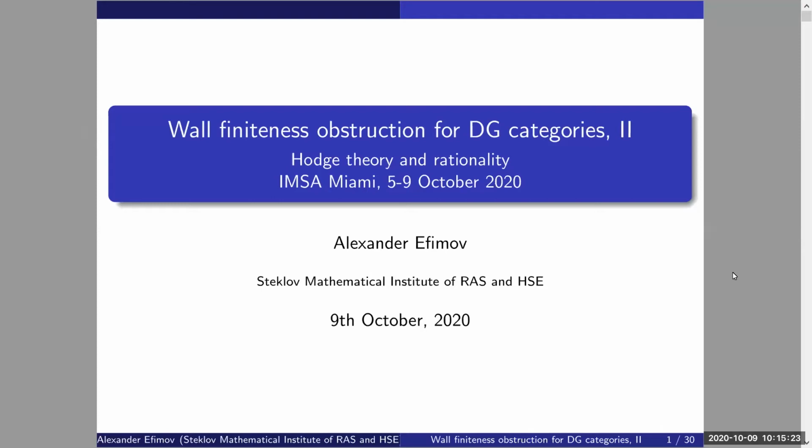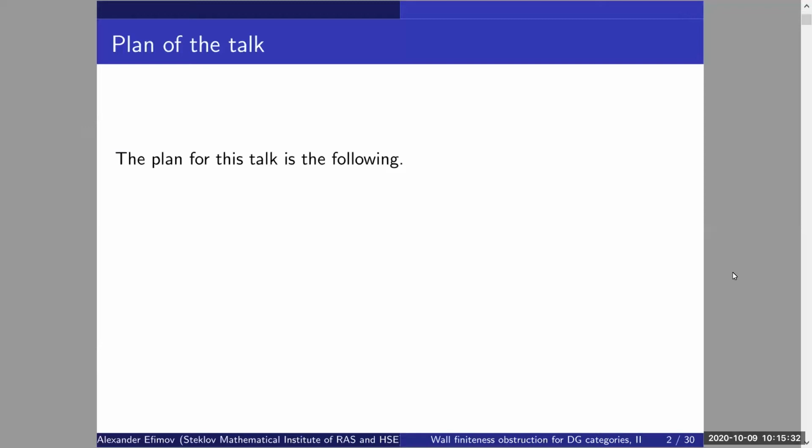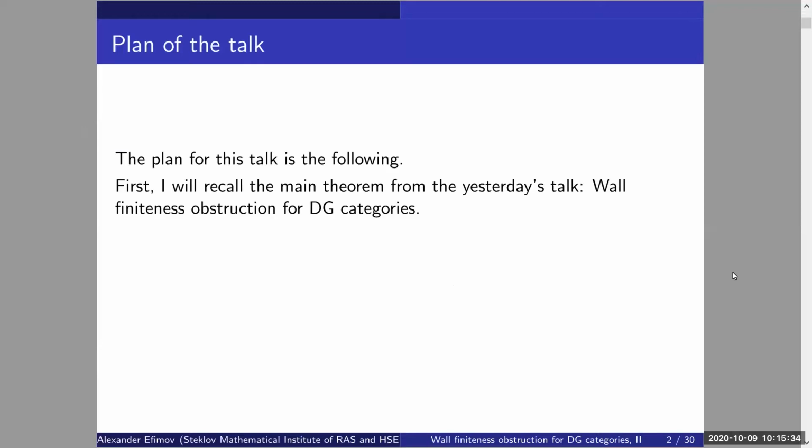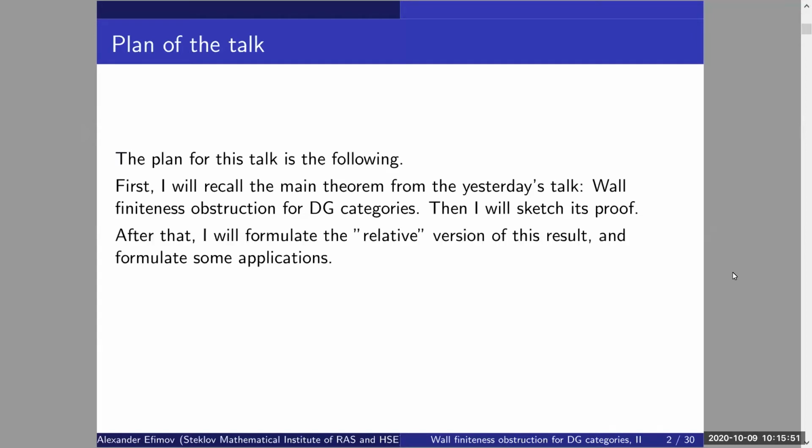So this is part 2 of my talk on whole finiteness obstruction for DG categories. The plan for today will be the following. First I will recall the main theorem which I mentioned yesterday. Yesterday I was talking about its applications, but now I will briefly explain how it is proved, with the main ideas. And I will also formulate its relative version,